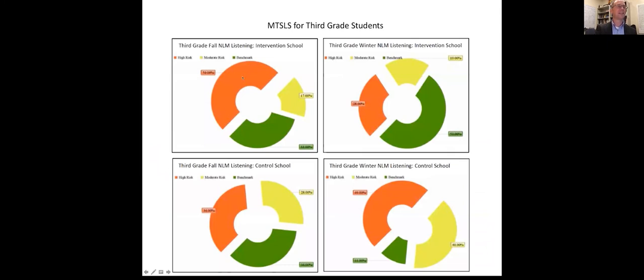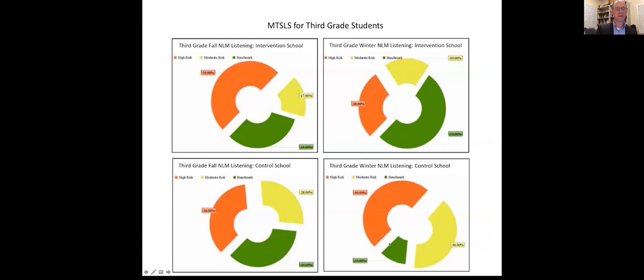The red here indicates where students were at. The red and yellow indicates students who were at risk at 3rd grade at the beginning of the school year. This is our treatment group here, and this is our control group down here. You can see that they're pretty much the same as far as students at risk for having difficulty with reading comprehension. This is after a few weeks of oral narrative intervention. Students here in the treatment group, there are a lot more students who are not at risk and a lot fewer students who are at high risk, whereas here in the control group, you have very few students really who